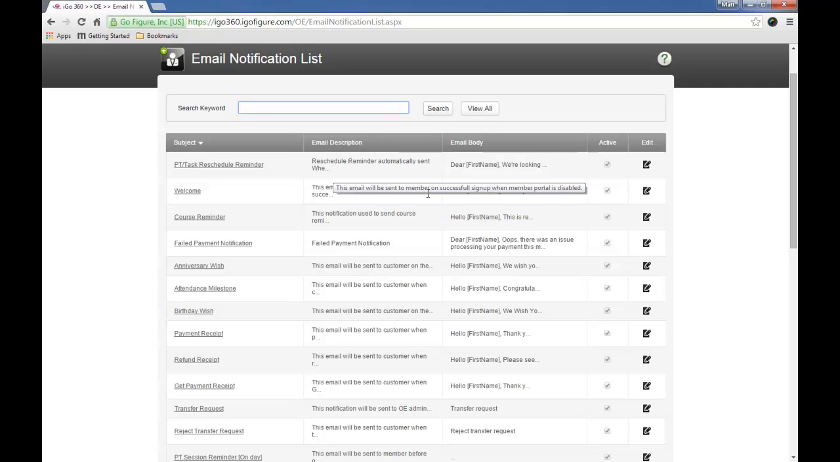And this is when portal's disabled, and so there's two different welcome emails, one for when portal is enabled and one for when portal is disabled. Portal is a member portal you can set up where members can access and join online. Most people have portal disabled until they get very comfortable with the software and turn it on, so yours is probably disabled at this point. Anyway, to take a look at it, you just simply click the edit button,